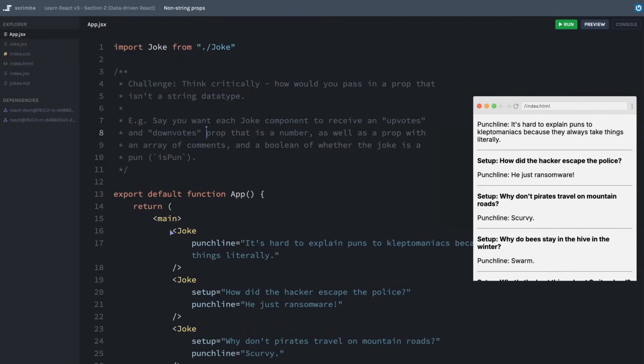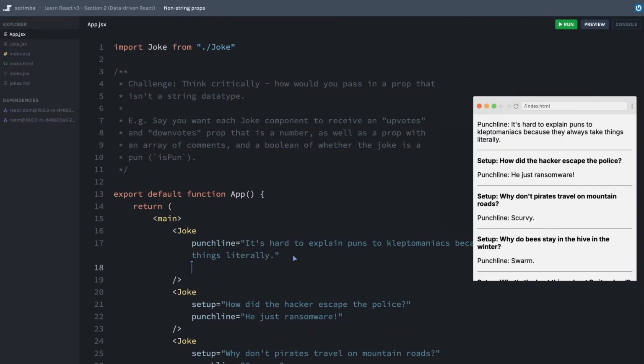While we're here inside of our JSX, as we've learned, we can switch over into a sort of JavaScript mode by using a set of curly braces. And I can do the exact same thing when it comes to passing props. Let's say I wanted to add an upvotes count. I can create the upvotes prop, and then instead of putting quotation marks, because that signifies that I'm about to pass in a string, since my upvotes may be something that I want to do some kind of math on,